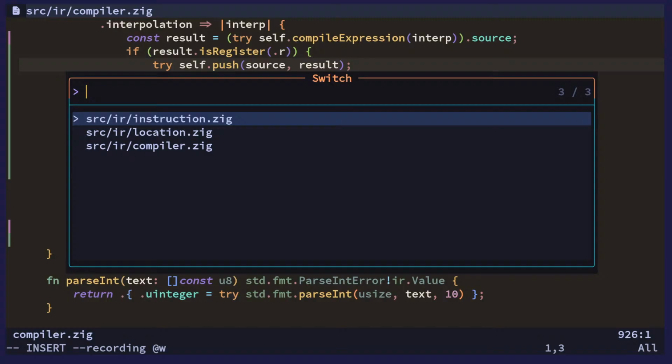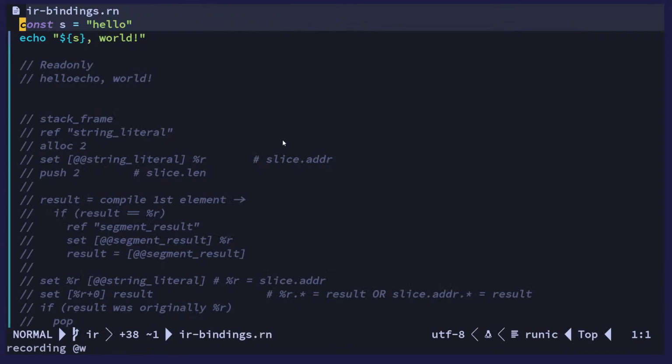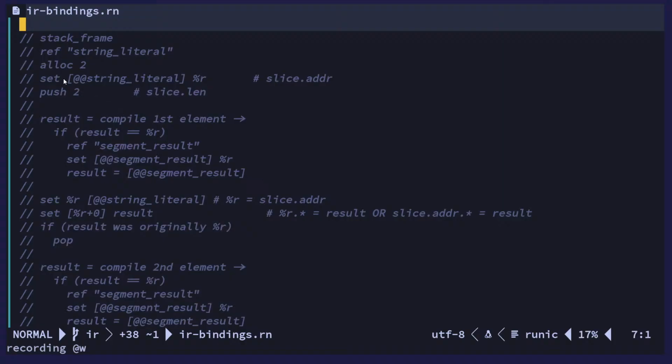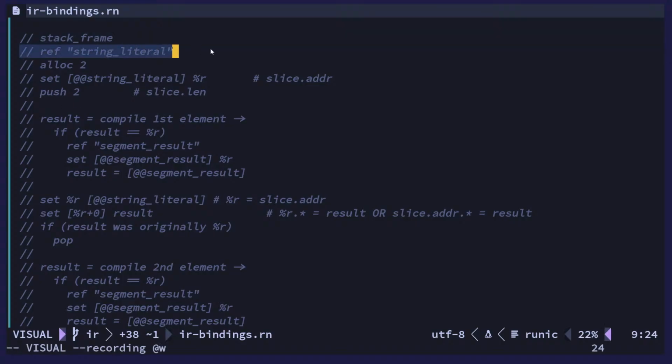I think I wrote this down somewhere. I did write this down here. Yeah. So here's the blueprints. We see the same thing here. We have the ref. This is the string literal ref. We allocate 2 because we have 2 segments. Technically this should be 3, but this is just an example here. So 2, and then we set